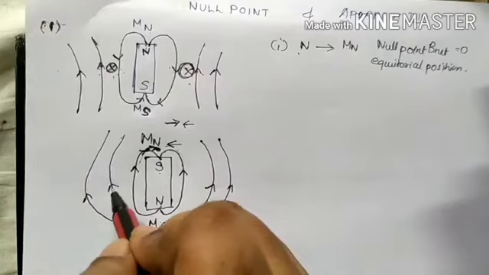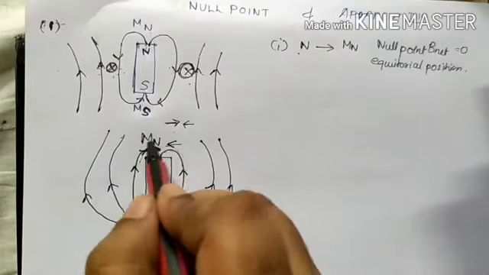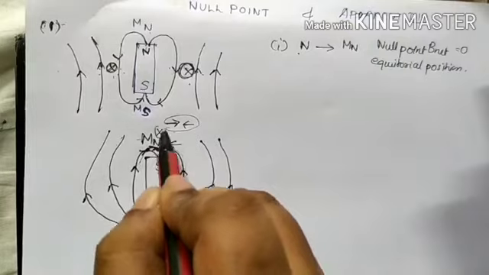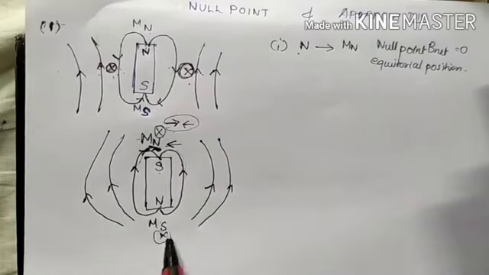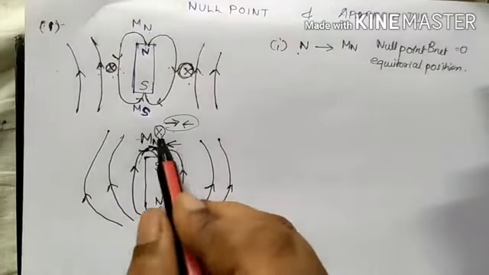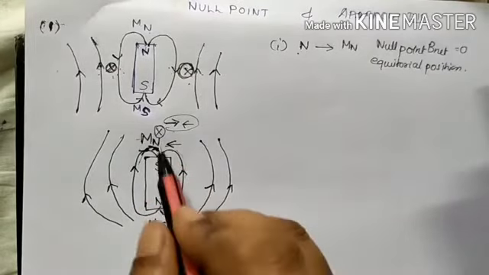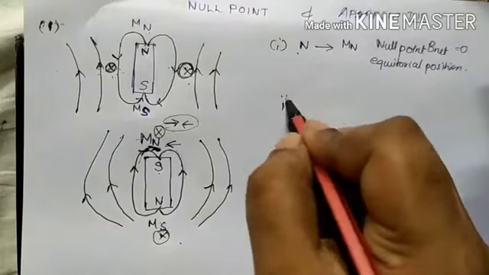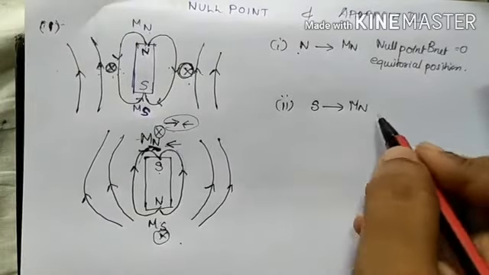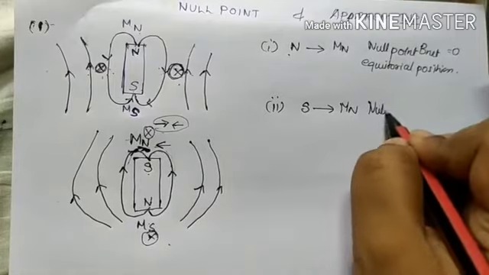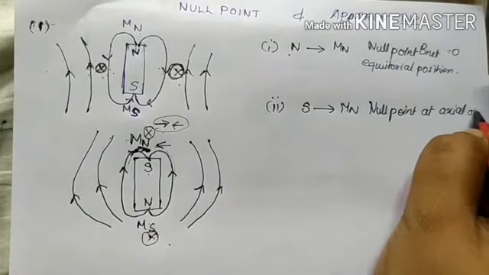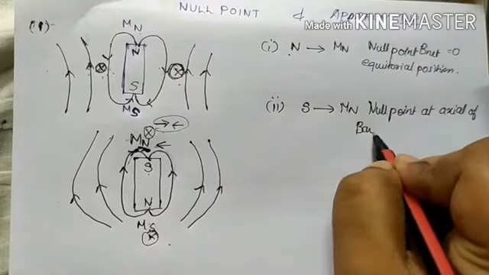Because negation means the net magnetic field is cancelling out. What is cancelling? The magnetic field of the permanent magnet and the magnetic field of the Earth. So the null points, I hope you understood, are up and below, and I can say they are along the axial line of the magnet. Clear? So when the south pole is facing magnetic north, or the north pole is facing magnetic south, the null point where the B net is 0 is at the axial position.